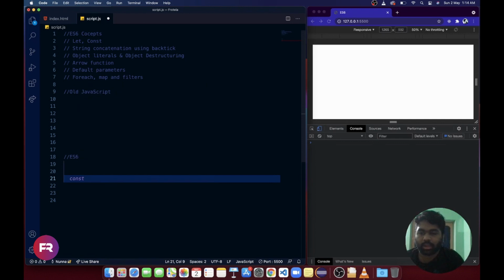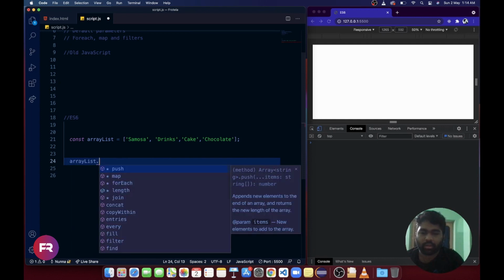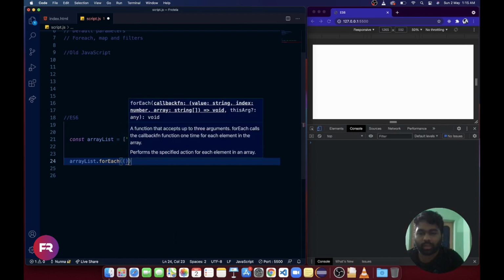Let me create an array list of items. Suppose I want samosa, next samosa, drinks, cake and chocolate. Now if I want to print this, what we can do is arrayList dot forEach. Instead of a regular function we can use an arrow function like this.